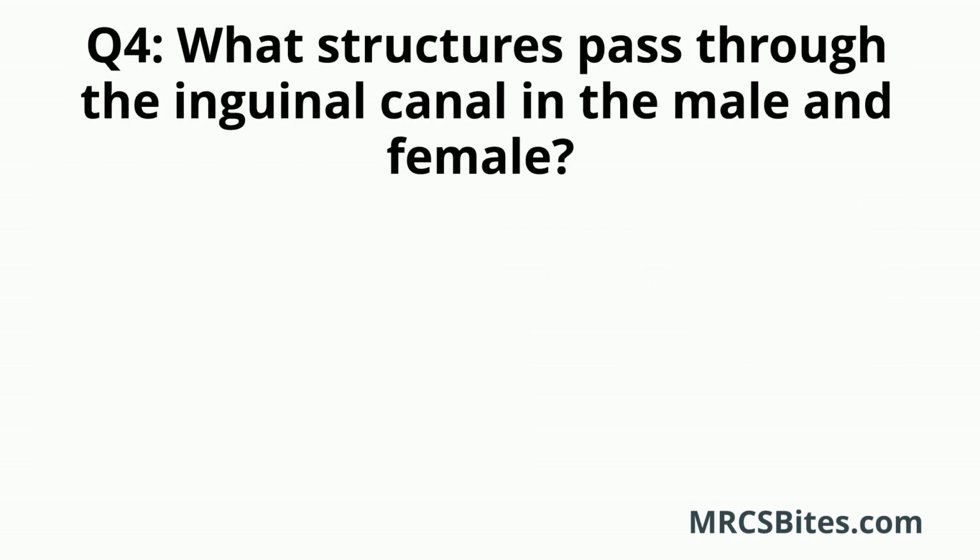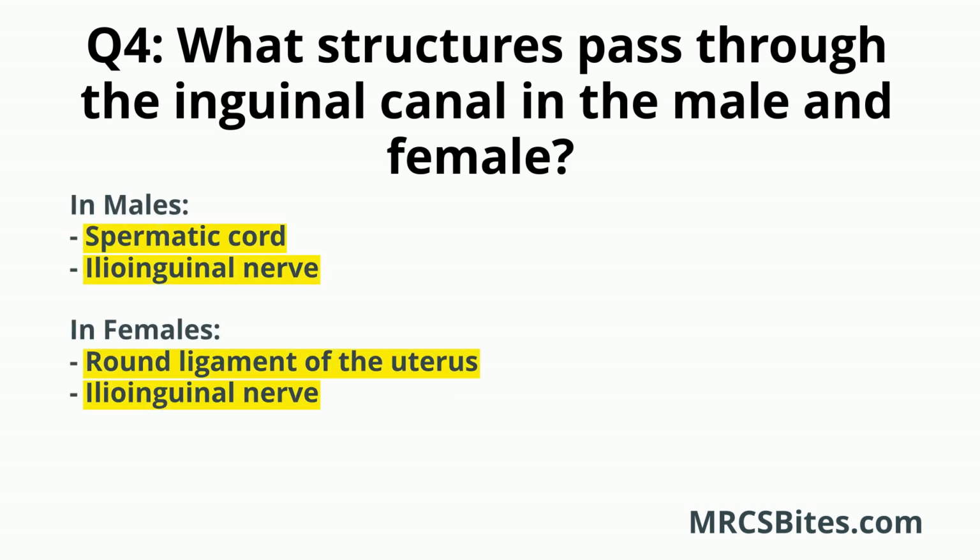Question 4. What structures pass through the inguinal canal in the male and female? In males, the spermatic cord contains the vas deferens, ductus deferens, testicular artery, pampiniform plexus of veins, autonomic nerves, and lymphatic vessels. Ilioinguinal nerve, a branch of the lumbar plexus that provides sensation to the skin over the groin and the